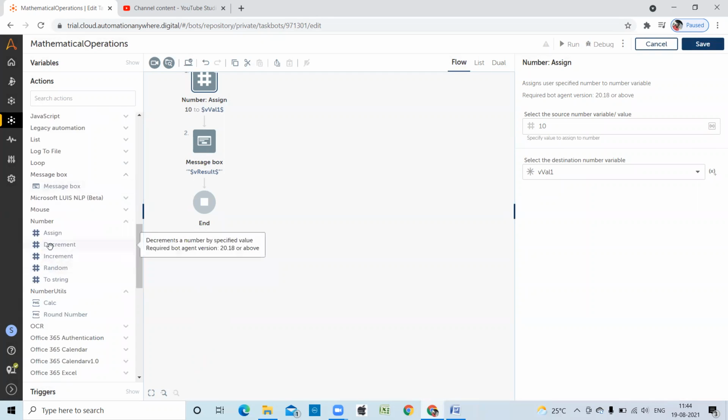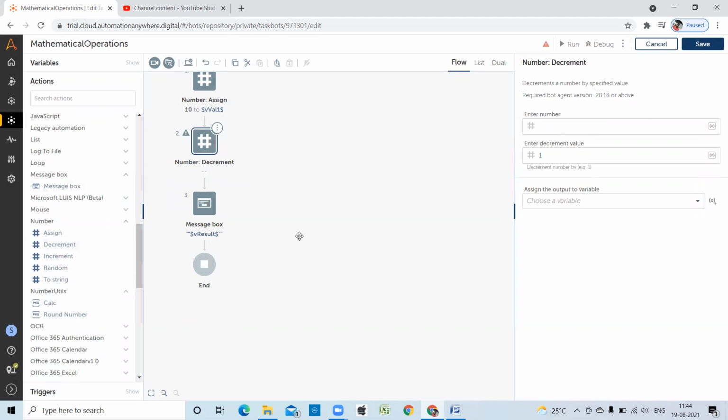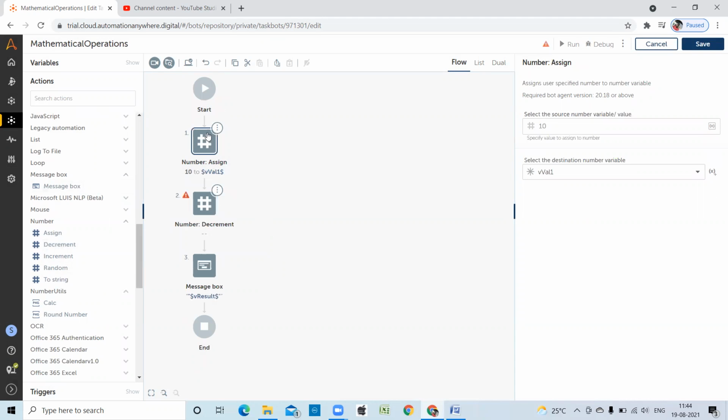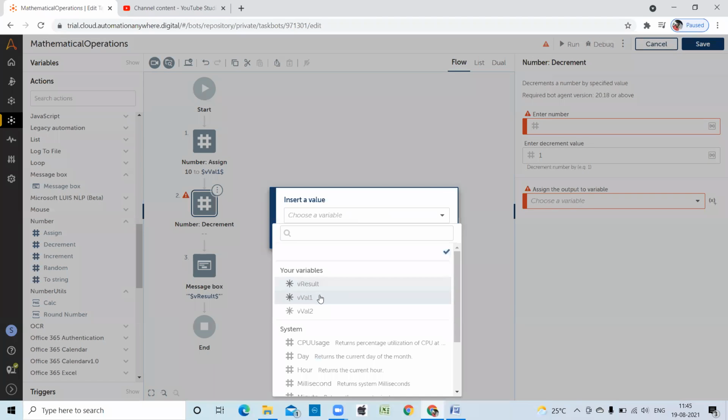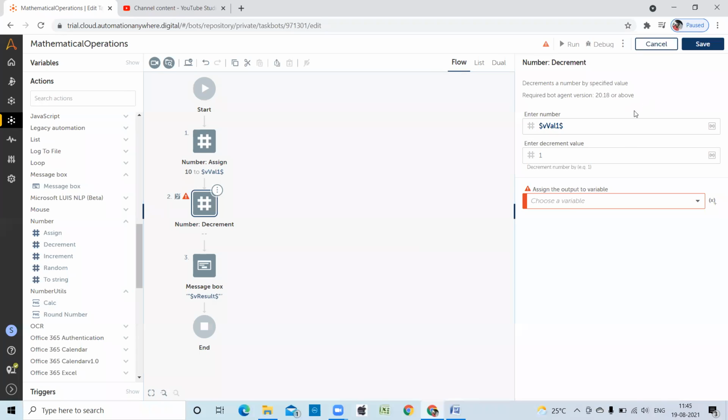You can see now decrement. So decrement, what will happen? It will decrease the value by the value provided. For example, I have assigned 10 to value 1. Now I am going to decrease: enter value 1, decrease by 2.